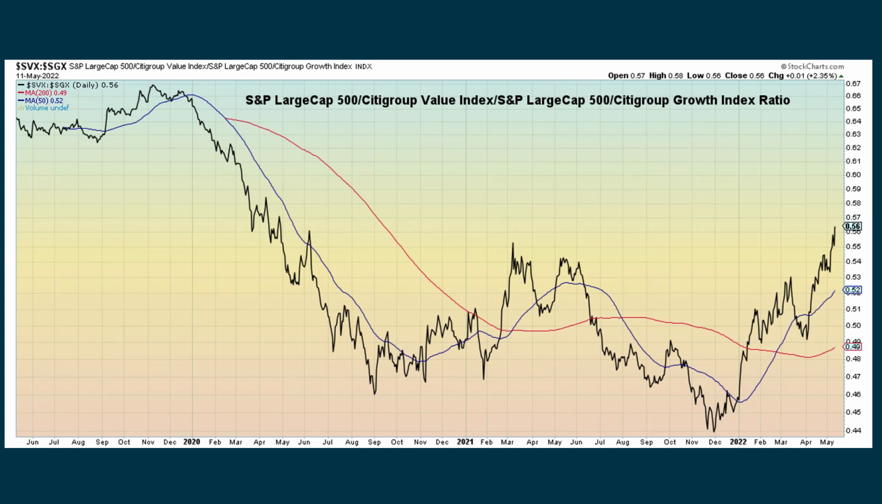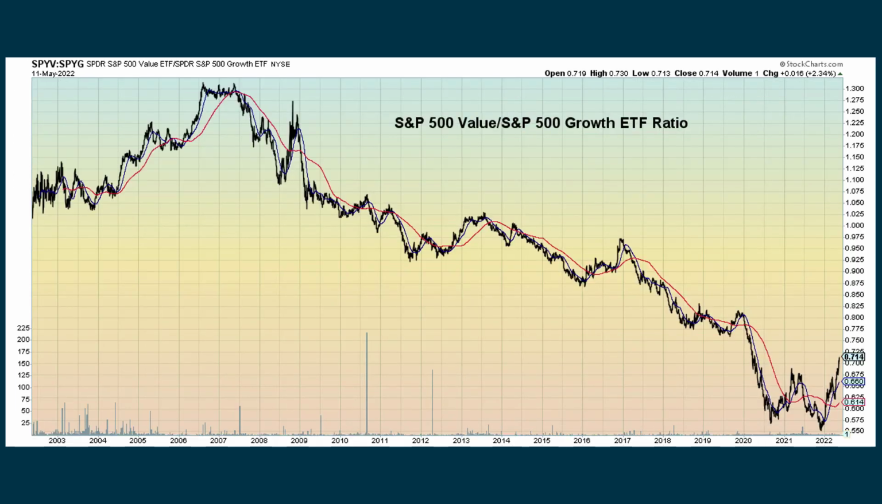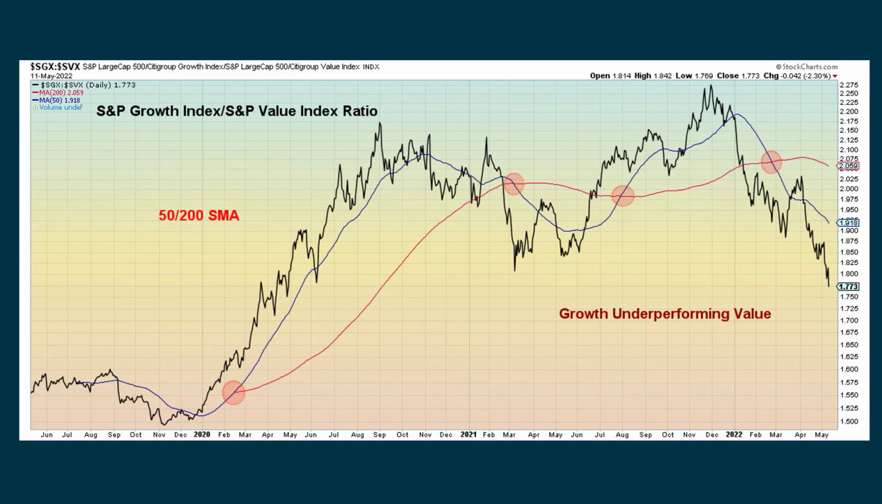Here's another chart kind of showing the same thing, but upside down. This is looking at value versus growth. And over on the right-hand side, you can see where value has really been outperforming growth. The S&P 500 value is then compared with the growth ETF, and it just shows that value has been really performing well. The growth index against the value index ratio, and I try to mark up this chart,